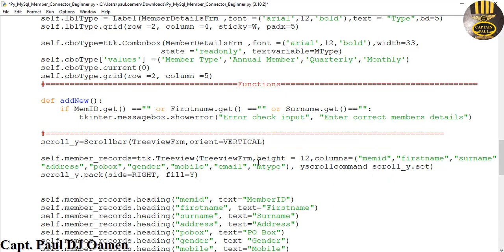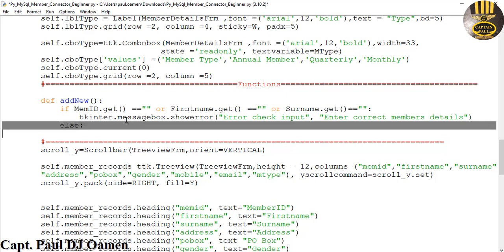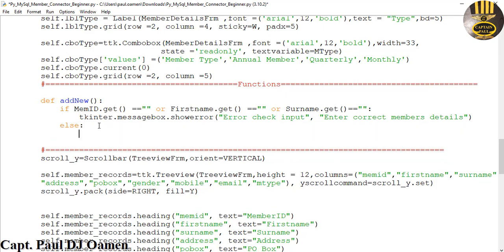That is that. Else, we want the following. Let's indent that. Okay, now I'm going to create as follows. Let's say